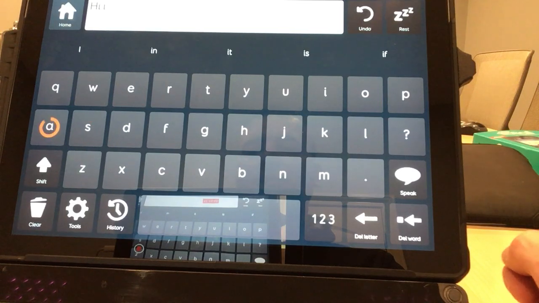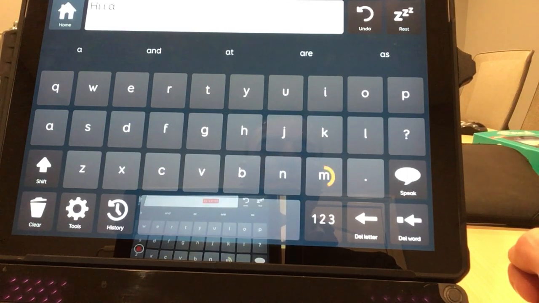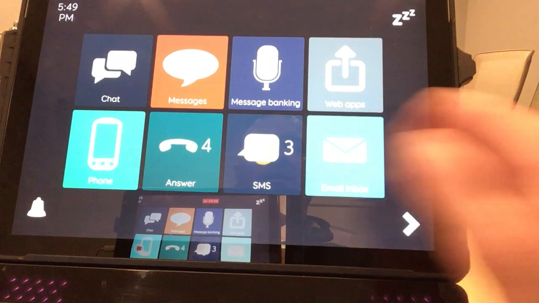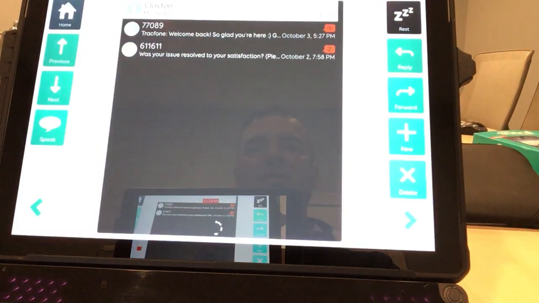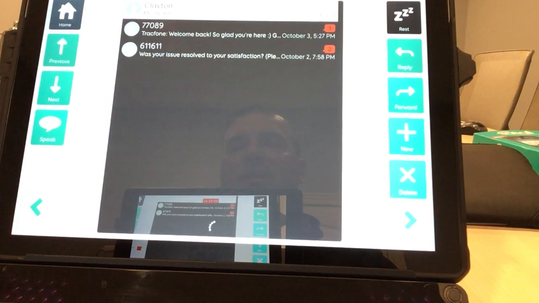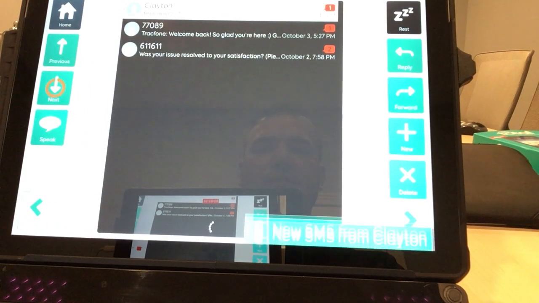And this progress marker that you're seeing is indicating when the selection is going to be made. So I'll say I am. And maybe I want to go back out and just check my messages. And there's my SMS right there. So I'm going to go, and I see my string of communication. And this little progress marker down here means that something is coming. So I can jog through different messages.